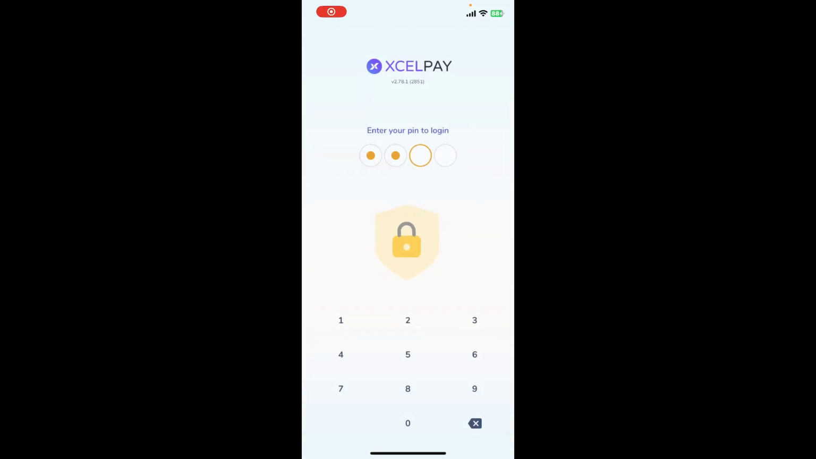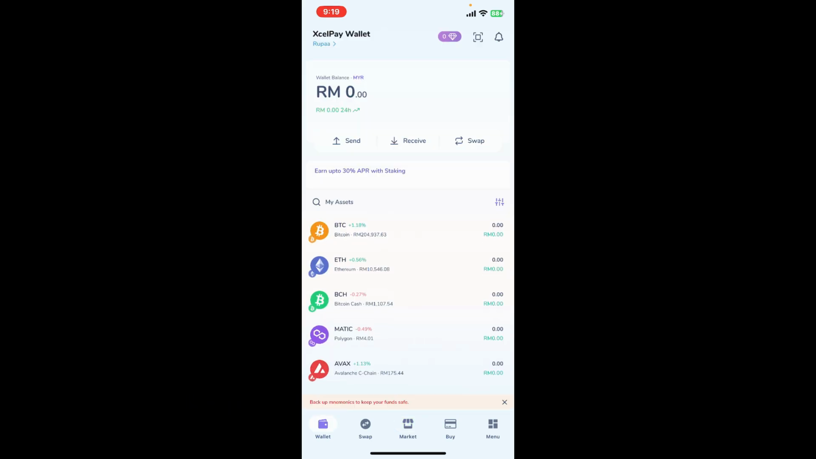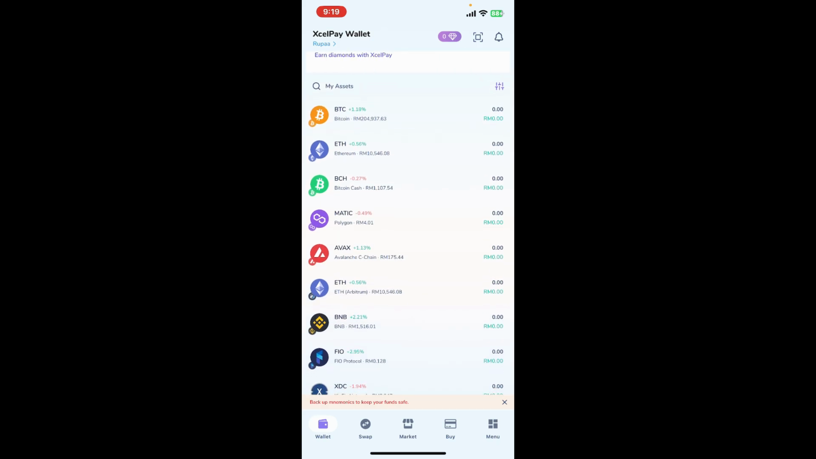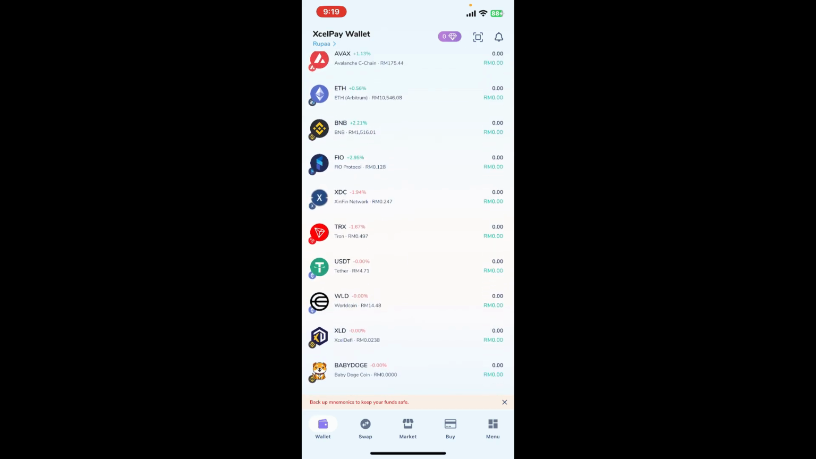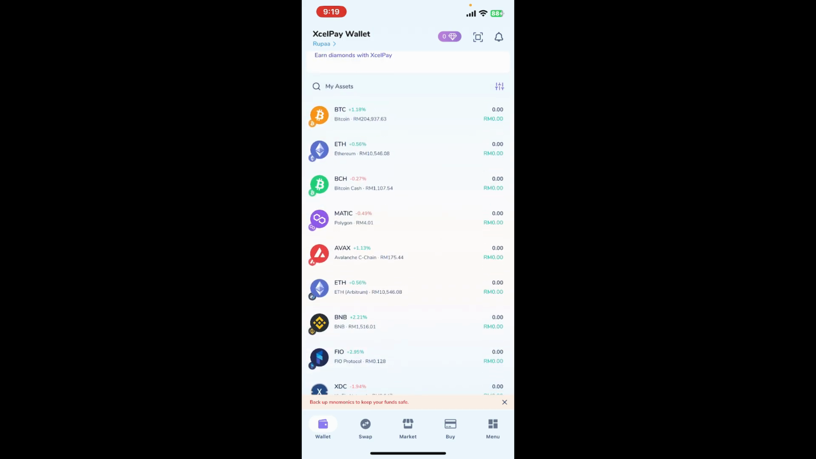Launch the XcelPay Wallet application and log into your wallet by entering your PIN. Once you're signed in, go ahead and tap on the Wallet tab at the bottom left. All of the assets that you've added or enabled will be displayed in the dashboard. If you want to enable a certain token, go ahead and tap on this menu icon right next to